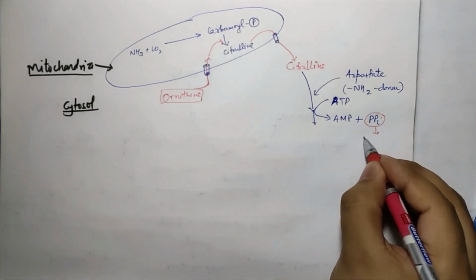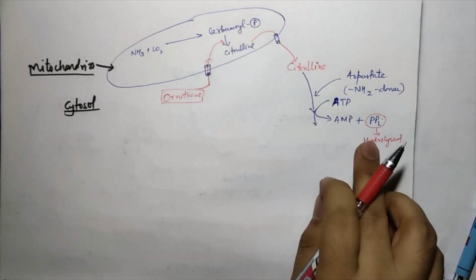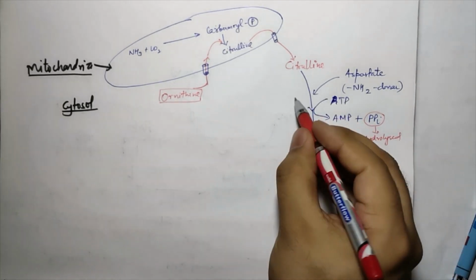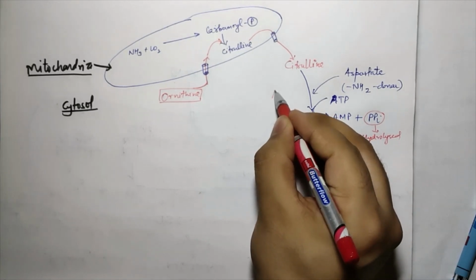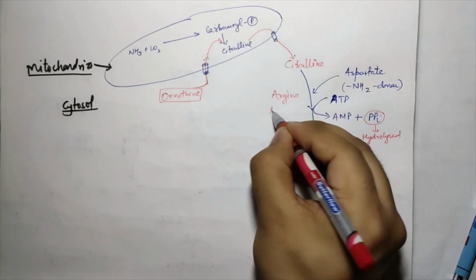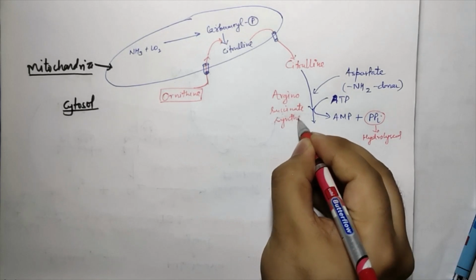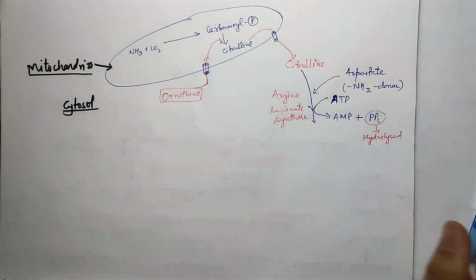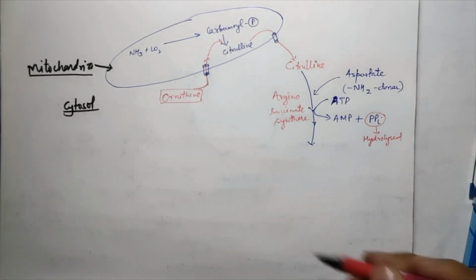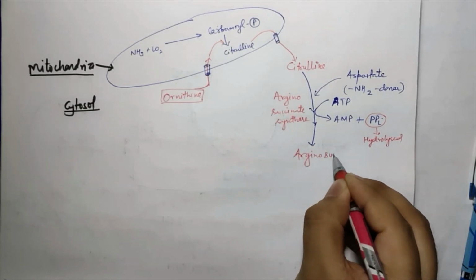Subsequently this pyrophosphate is hydrolyzed and it releases energy that is utilized by an enzyme called arginosuccinate synthase, and it converts this citrulline into arginosuccinic acid,